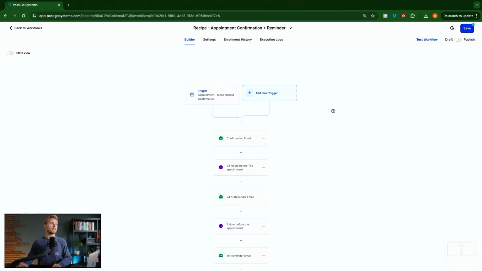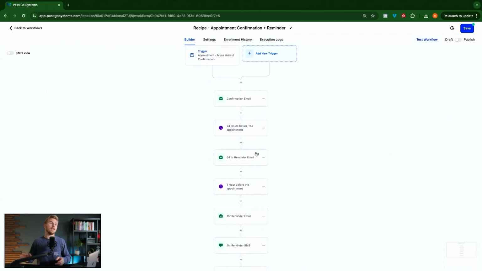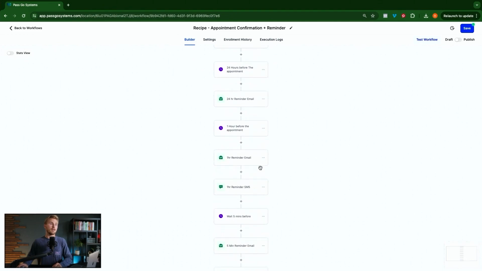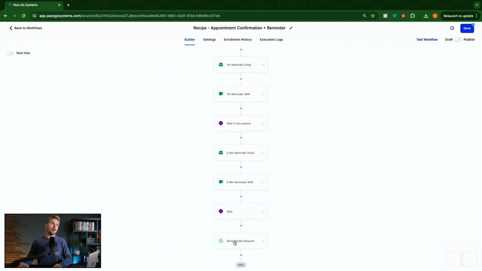So setting up this automation is going to increase the show up rate to appointments by just simply reminding the customer that they've got the appointment. And then after the appointment, it automatically sends them a review request so that you don't have to remember to do that every time. So once that's set up the way you want it, you would just click publish, and